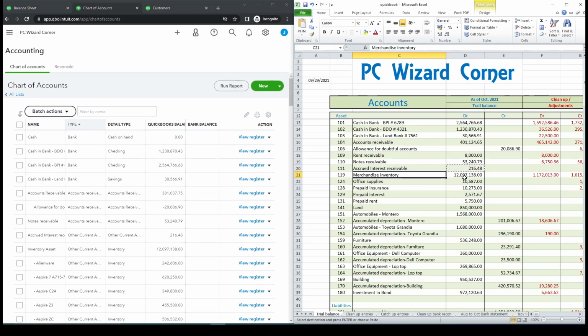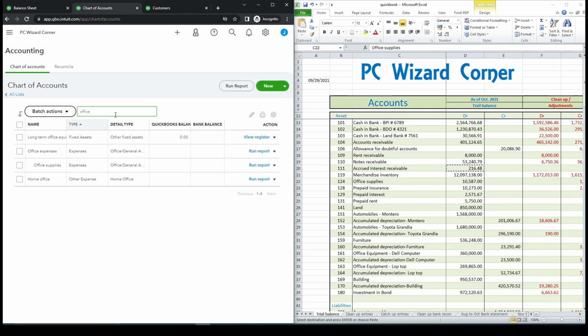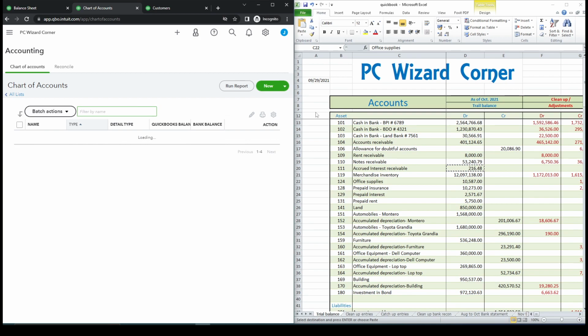Merchandise inventory, we already encoded this one. Next, office supplies. Let's type first if there's a default office supplies. Office supplies, but it is an expense. So let's just, it is an expense. Let's delete this one and add new